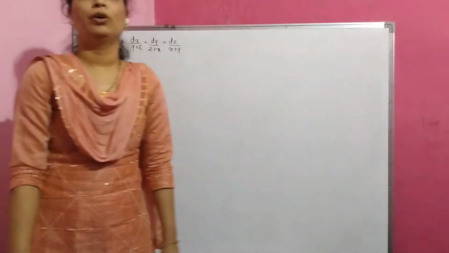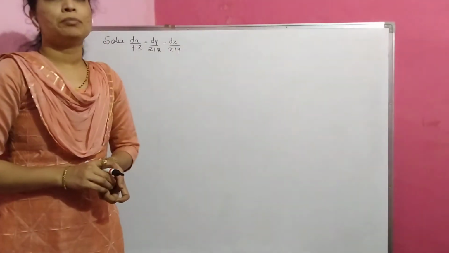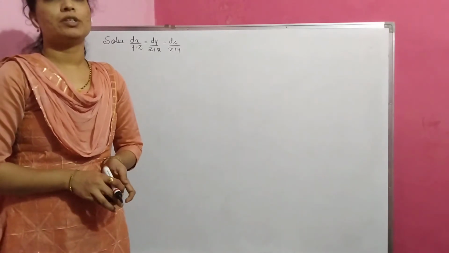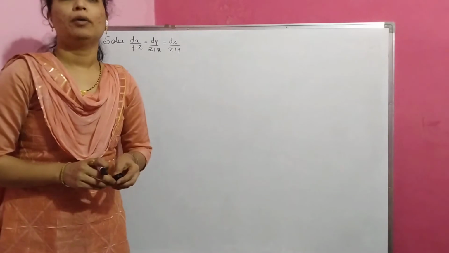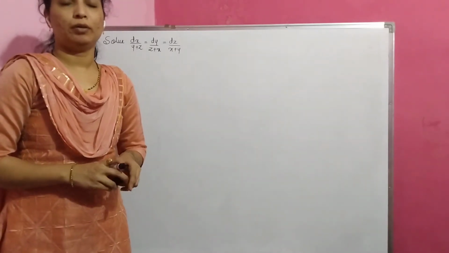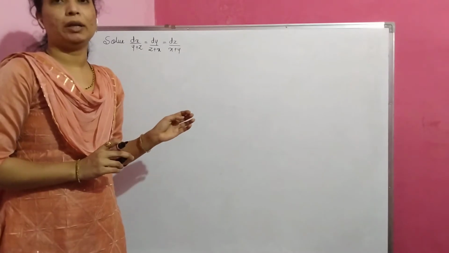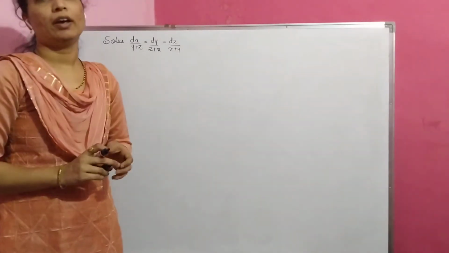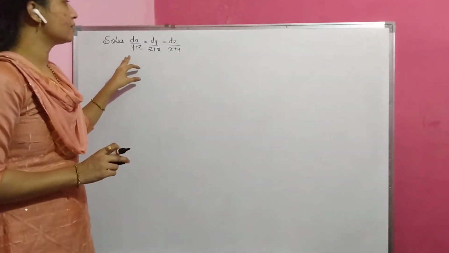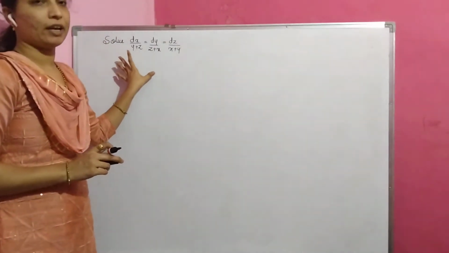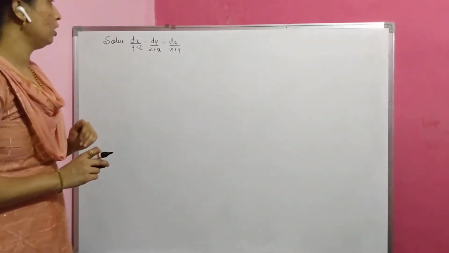Hi students, today I am going to solve the symmetric simultaneous differential equation. Here we have to use the method of multipliers. Using the method of multipliers we have to solve these examples. So just we have to consider one example. It is a special case. So how to solve this symmetric simultaneous differential equation?